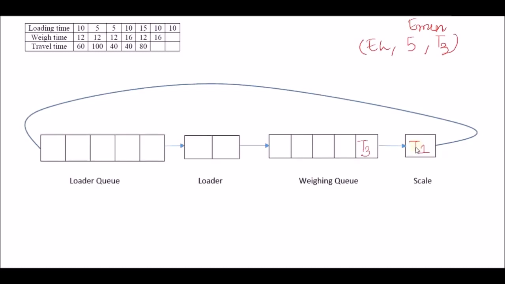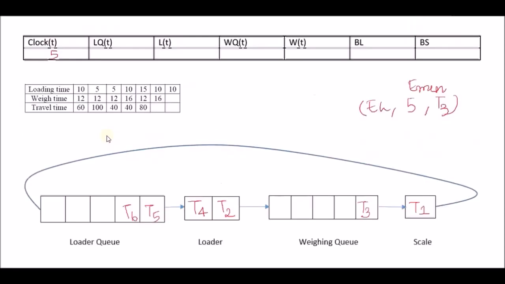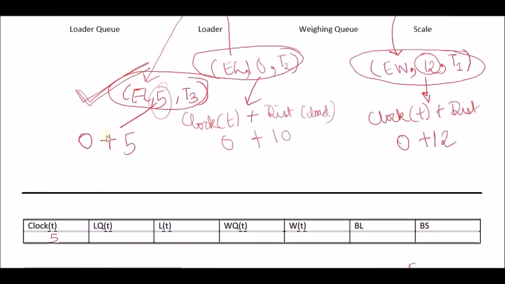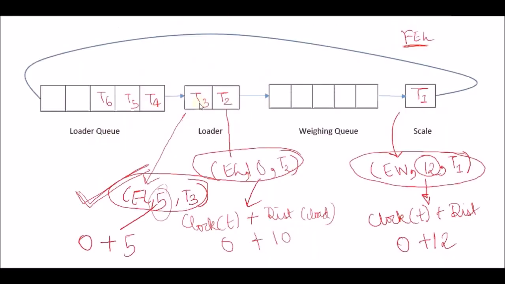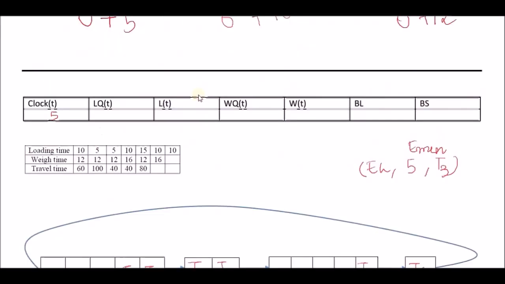So T1 is here as usual. T3 comes to the weighing queue. T2 is already there. But from the loaded queue, one of the trucks comes and takes its place. So that's T4. So how many are left in the loaded queue? 2. So T5 and T6. So that's what we get from this. So T4 comes here, T3 goes here, T5 and T6 advance one step. Now